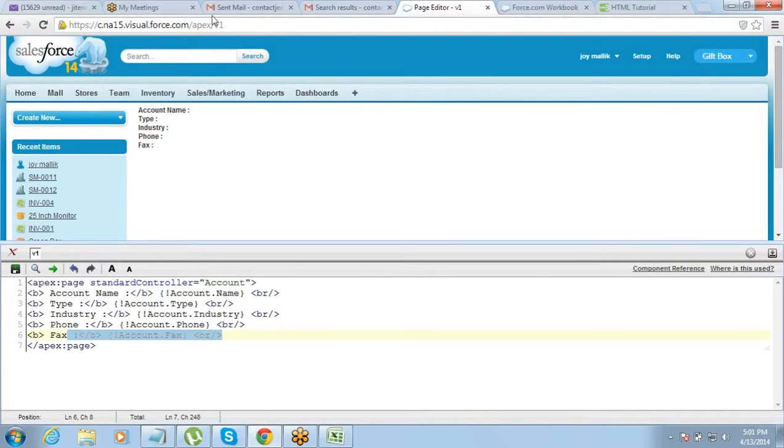So the page that we create on a Visualforce standard controller using a standard control is basically a template page. You have designed the template. Now you have to suffix the ID of the record. Whichever record you want to use on this page, you have to suffix its ID here, and the value of that particular record will come here.